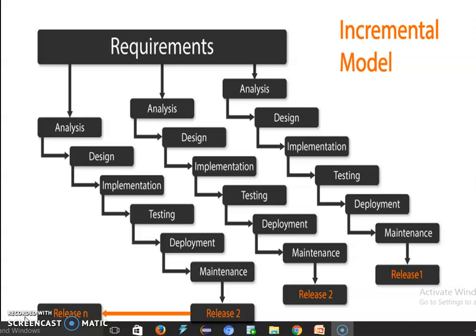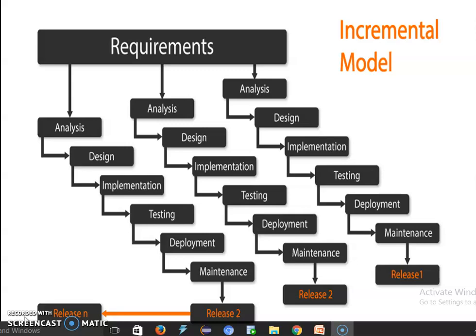The basic requirements are addressed, but because of the incremental model, many supplementary features remain untouched. The core product is used and evaluated by the customer.